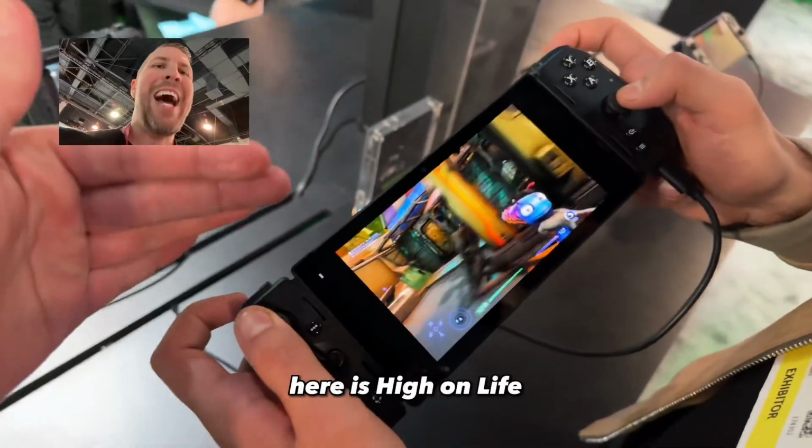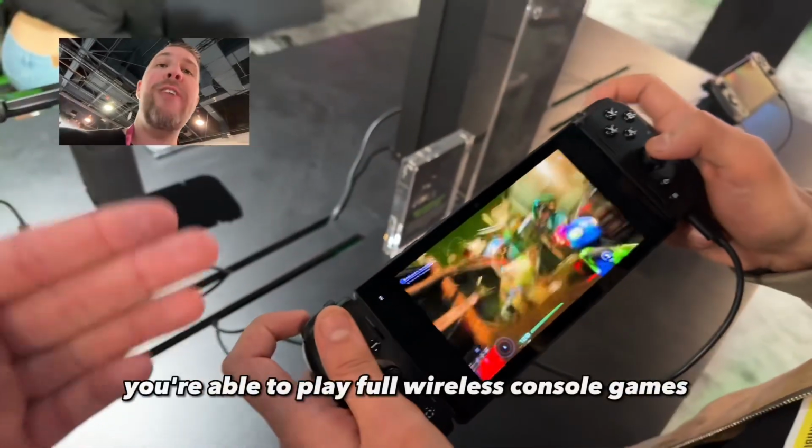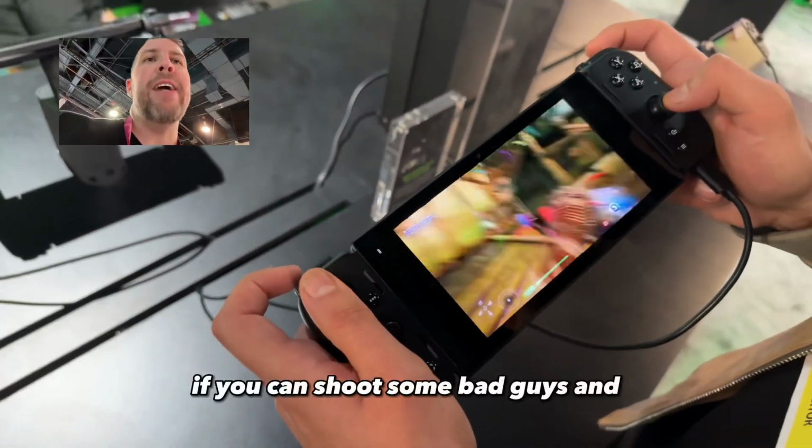So here is High on Life. We're streaming straight from the Xbox wirelessly using a router, Wi-Fi 6E. You're able to play full wireless console games on the Razer Edge. I don't know if you can shoot some bad guys instead of...